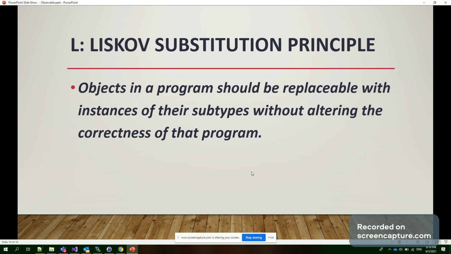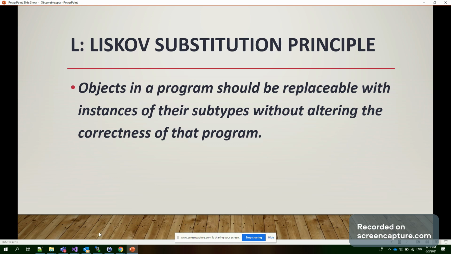After that, you have to tell the definition of the Liskov Substitution Principle. You have to say that objects in a program should be replaceable with instances of their subtypes without altering the correctness of that program. The subtype means we have a parent-child relationship of classes. We use the same object, created through the parent class or the child class, and we can reinitialize it based on our requirement. That is the definition. If you say this, it will be a more impressive statement to the interviewer.